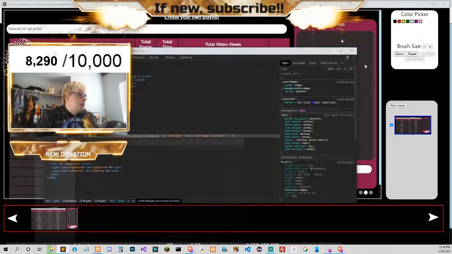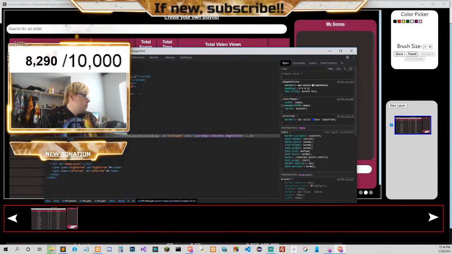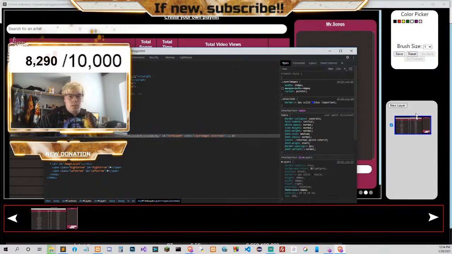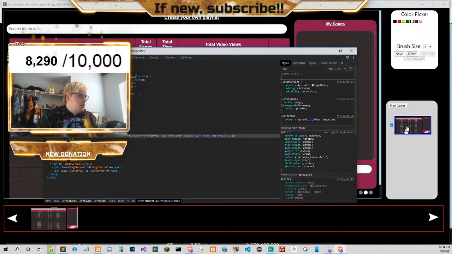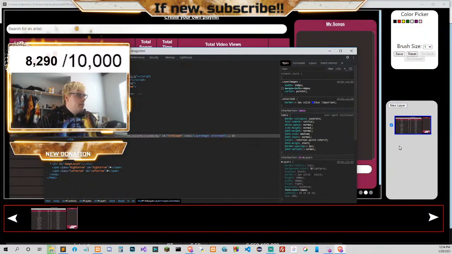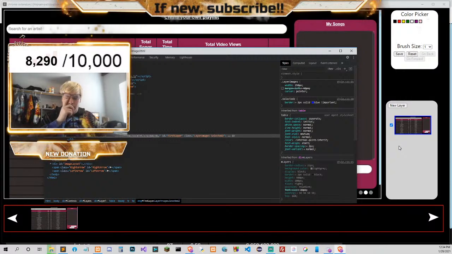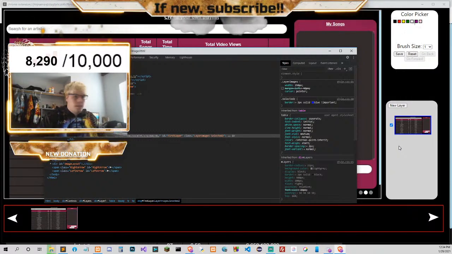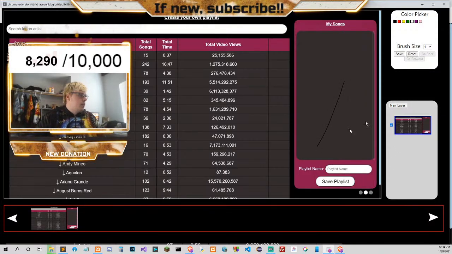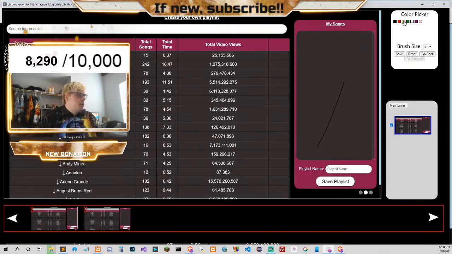Alright, so that's that. So when it creates a new layer, first we need to update it so it updates the image inside here. So like if I draw, it doesn't update in here.